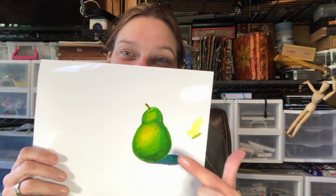Okay. Today we were playing with the Arteza Everblend markers. As you can see, I didn't have very much luck with it. So you're not going to see that, but I will show you how I made this. Now this is not perfect, but I will have to say I haven't really studied a pear for a long time. I can't eat pears for the most part, so I don't really have them around the house. And I was just kind of guessing what this would look like. I guessed on the colors. I think it's got a little bit dark, but